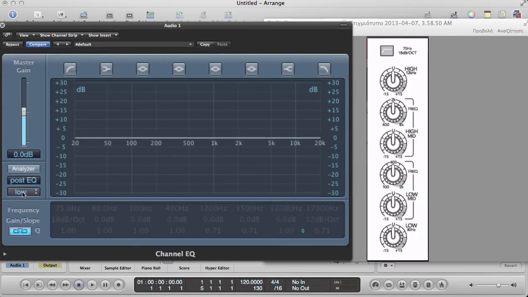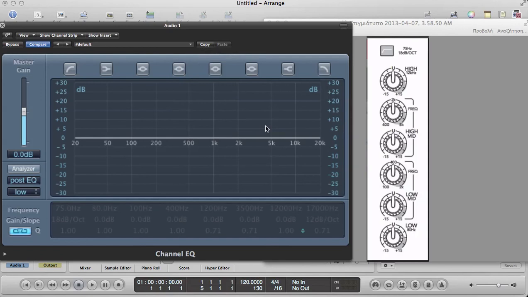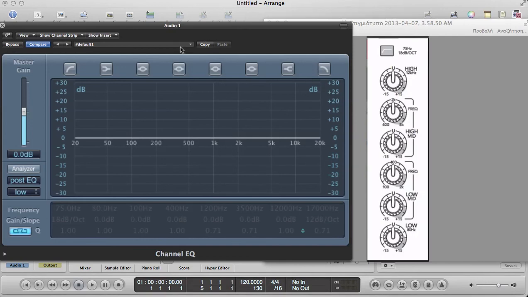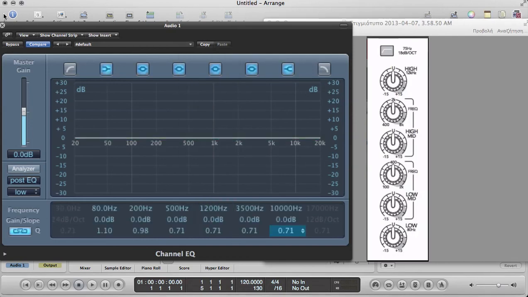Now, I have fixed my presets and I want to save them. I go here, I click on Save Setting As. Let me call it default 1. Save. Now, if I were to click here again and reset all my settings and close this,